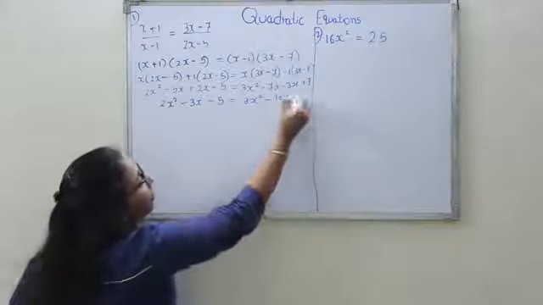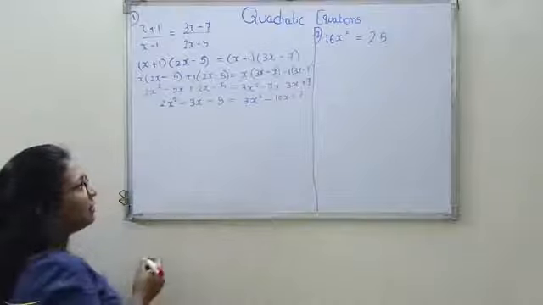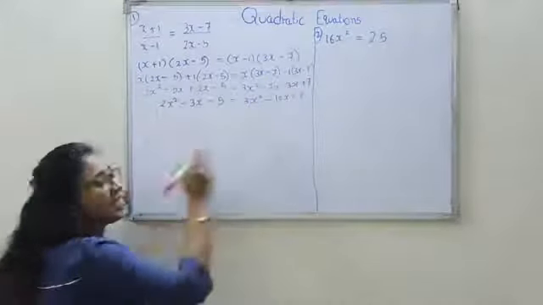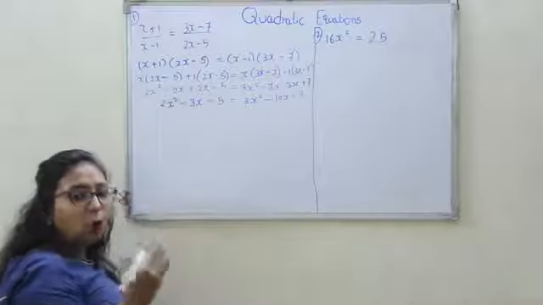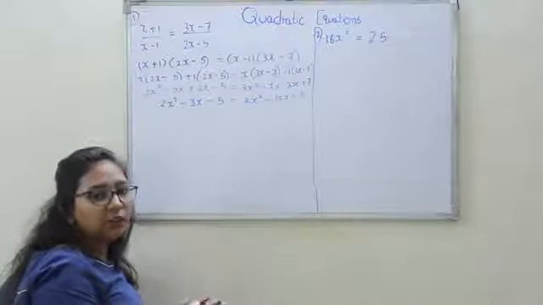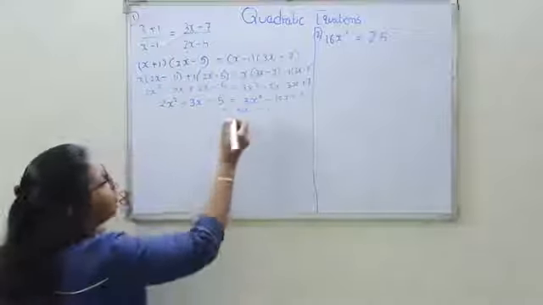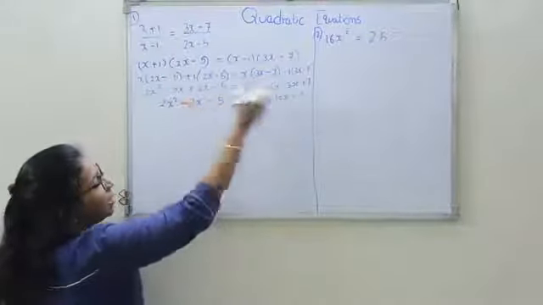7 minus 3 plus 7. Further we will gather the like terms. Since 3 is greater, we will shift 2x that side. Why? Because we will always try to keep the first term positive. That is a square term. You have to always keep a square term positive. So I will shift all the terms to this side.